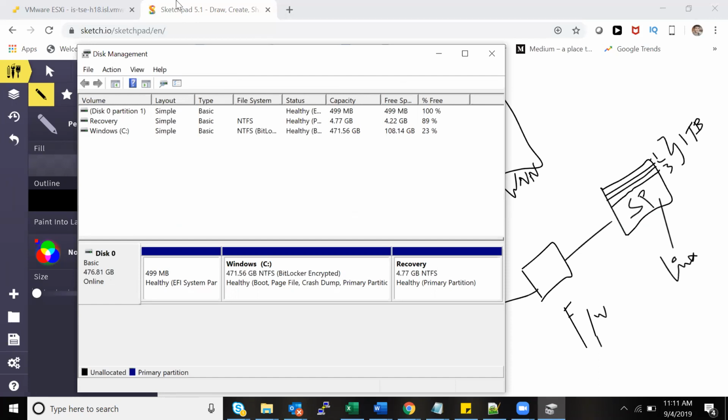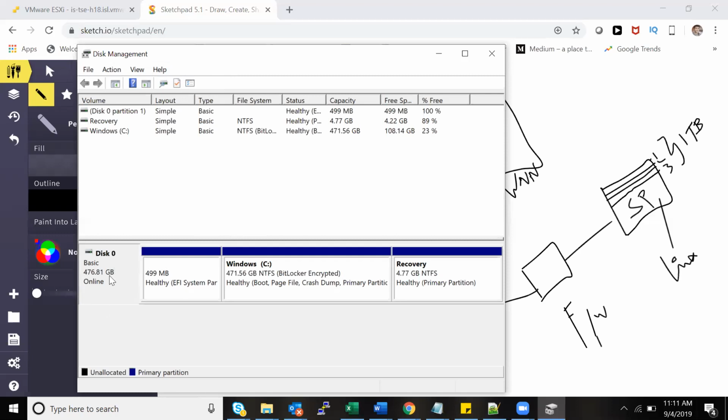In Linux, it's called LVM. Instead of Disk Management, you'll go to LVM, Logical Volume Manager. There you will do the format. There also you will eventually write it as GPT or MBR, whatever file system you want. So that's a default storage activity you do in any operating system, whether VMware, Windows or Linux.